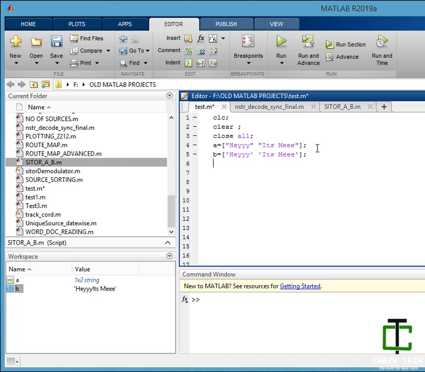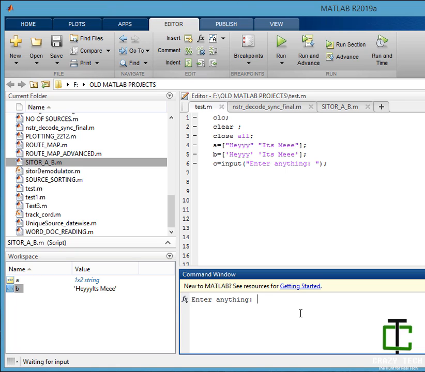So now we'll discuss how to give user input. There is a function called input. Let's use it like this and run it.